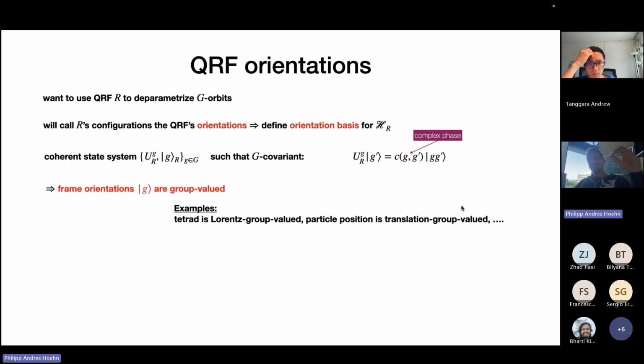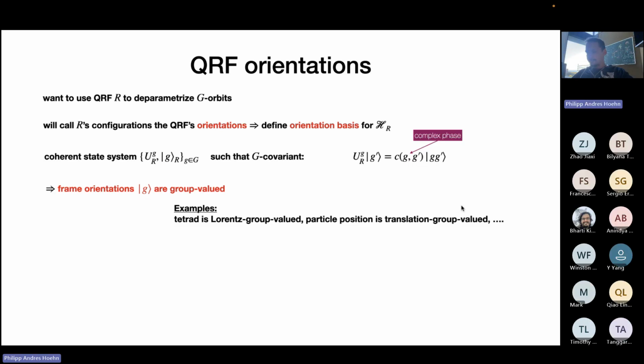And similarly, when you take a particle position as a frame for the translation group, the particle position takes value in the real numbers, so it takes value in the translation group. Okay, so it's just to emphasize that it's not something surprising that we label frame orientations by the group itself. And when we can do this, when the states are really